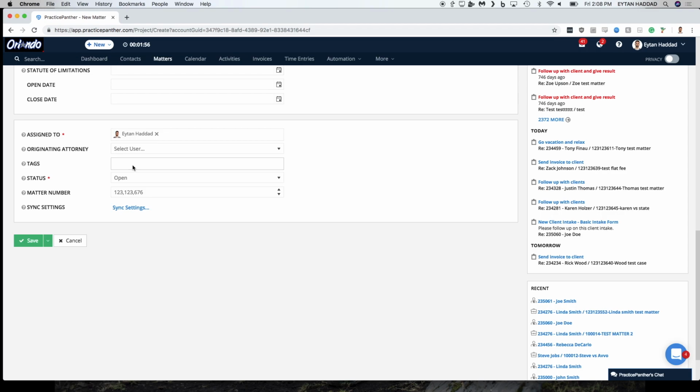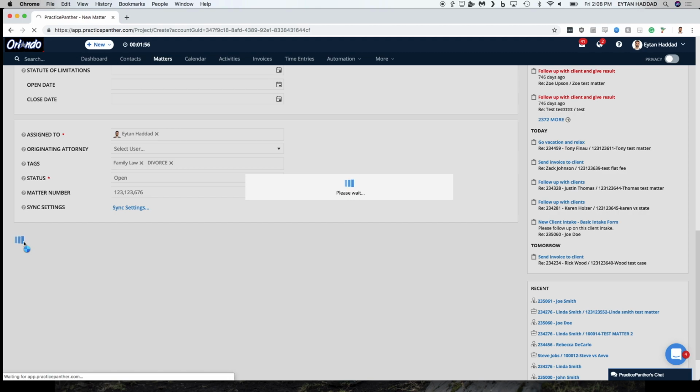So tags, just like I showed you with contacts, are going to allow you to organize your matter list. Most common from what I've seen is that people will put in the practice area, then more detail on what this is. So for example, you could put family law. You could put another tag for divorce as an example. The whole point of that is now when I'm looking at all of my matters,